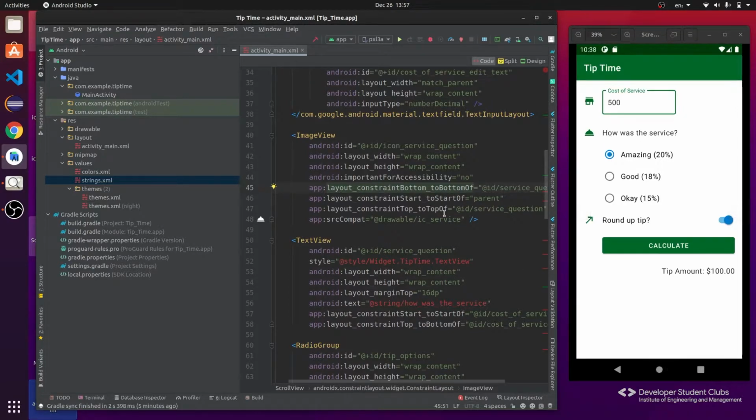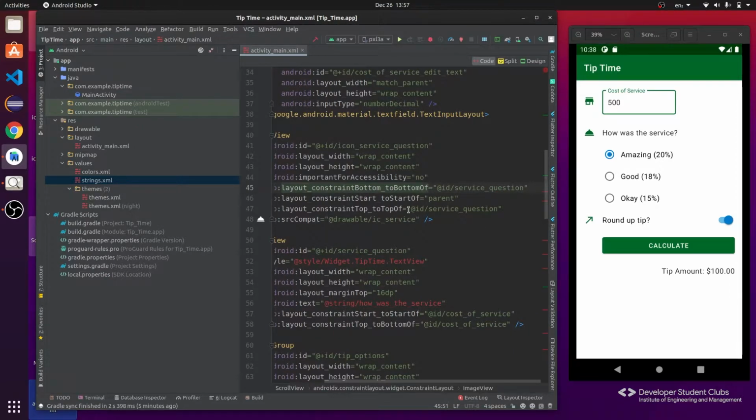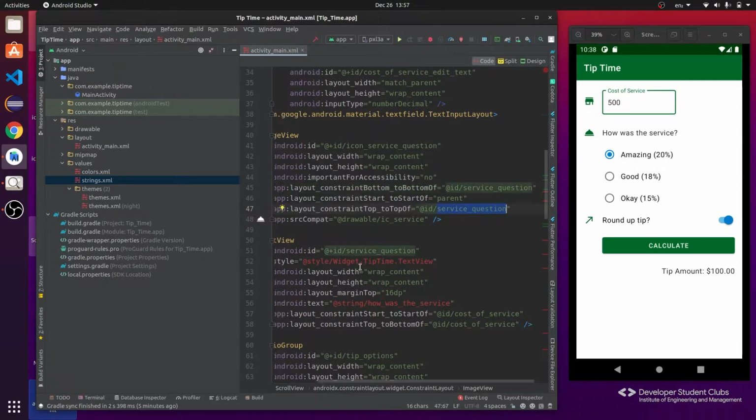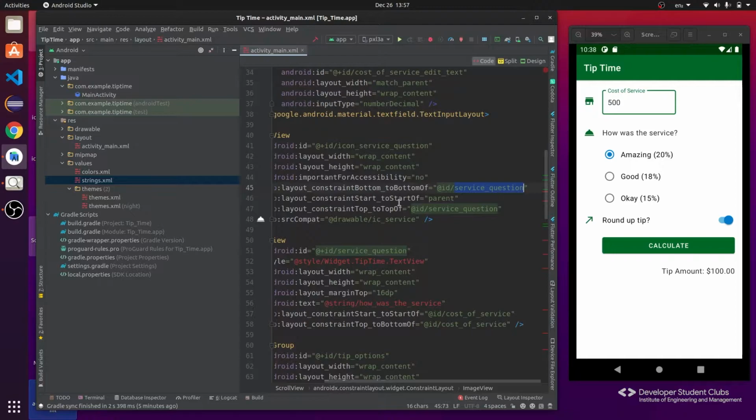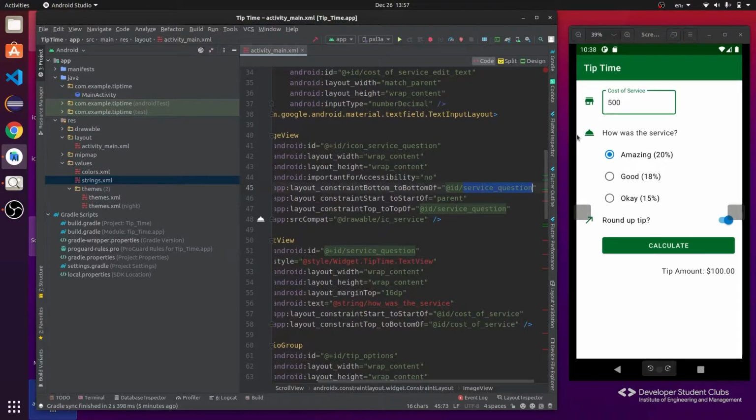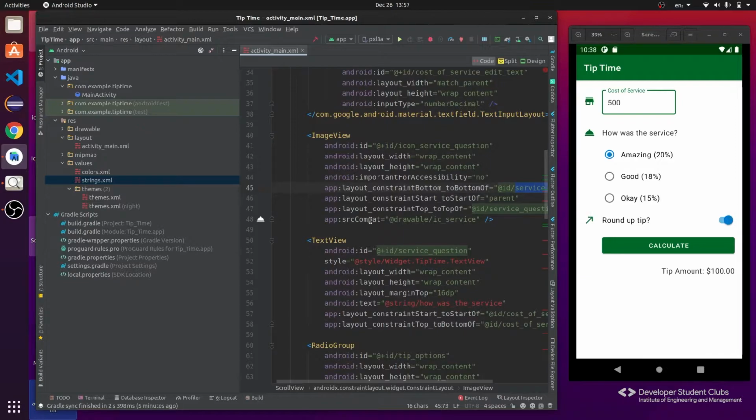So you can see top is to the top of service question. Now what is service question? That text view. So top is aligned to top and bottom is aligned to the bottom of that service question, and start is aligned with the parent. So everything is pretty much visible. And the compat source of the drawable file is that ic service that we have added in the resource manager right now. So that's all about the image view.